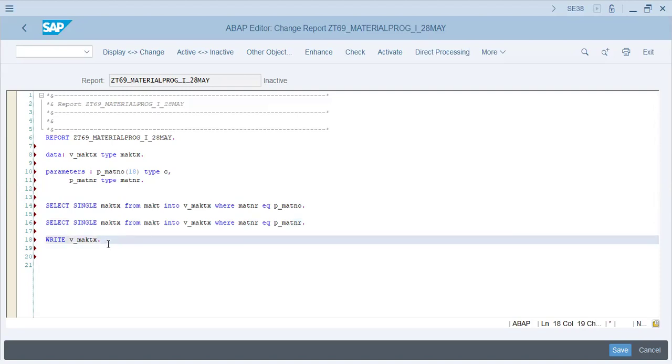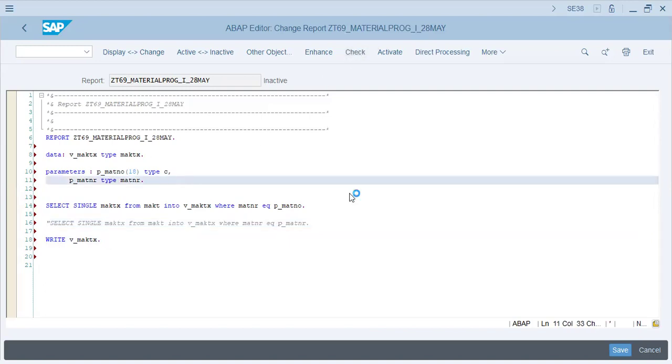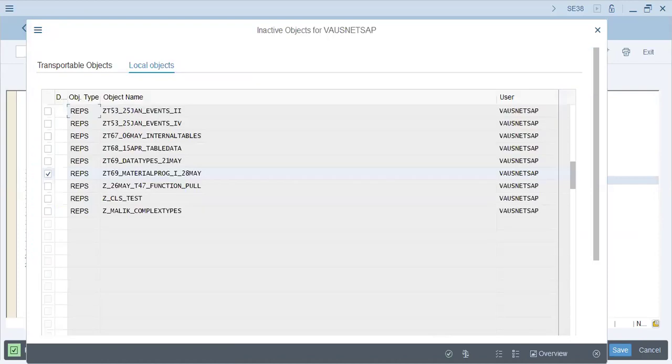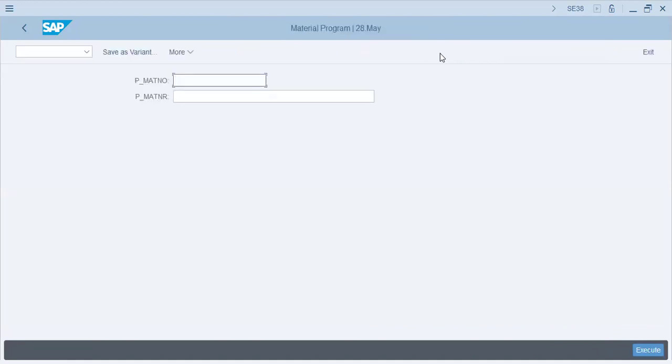Write vMacText. Now, let's first deactivate this. Check. Activate. Direct processing. Okay. Now, over here, we have this field and this field. If I press F1 over here, no documentation. But if I press F1 over here,